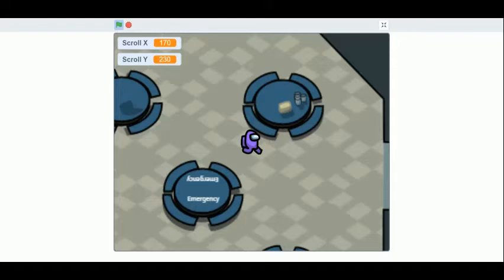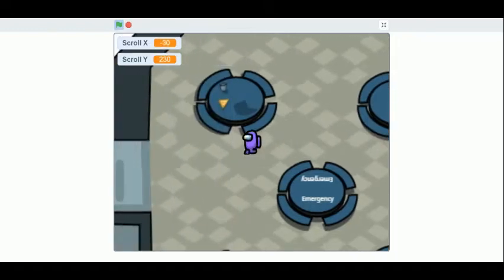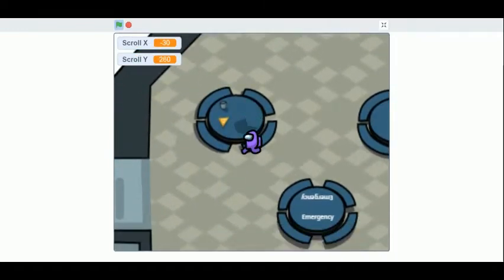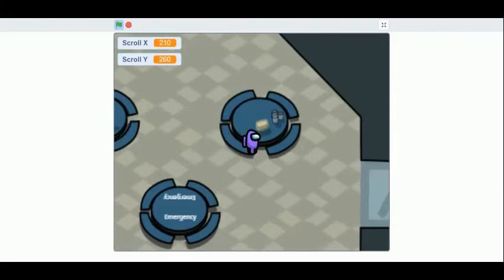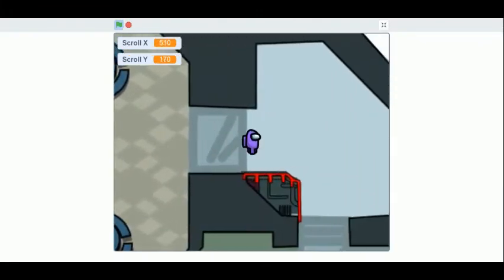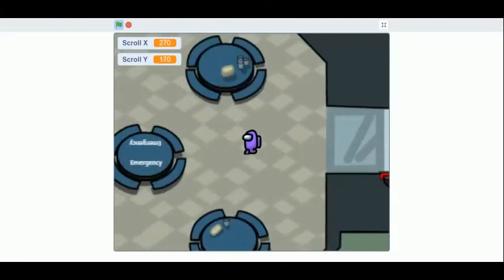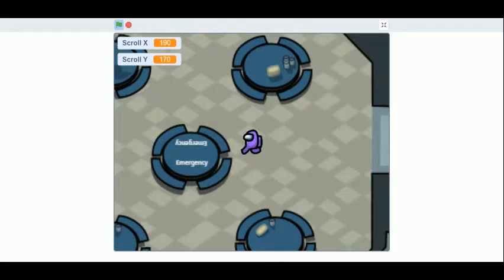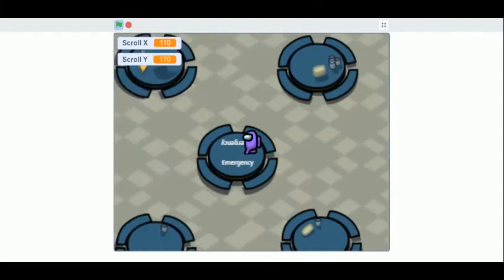So first here there would be a computer, and the computer will tell tasks to do. Then the character has to go to these places, and when the character touches the laptop over there, it tells you a code.